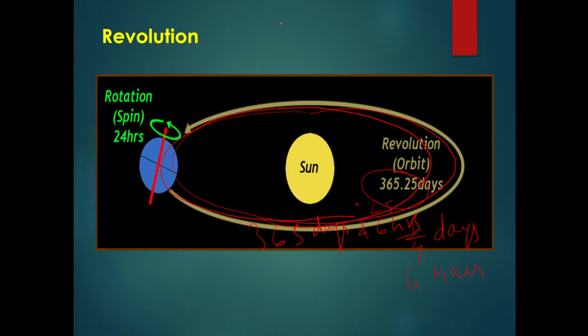This is not a circle. This is an elliptical orbit, not circular. You see here that the sun appears to be at its center, but that is not correct. Sun is not at the center, but at one of its foci. An elliptical orbit has two foci. This is F1 and this is F2. The sun is on one focus, and earth revolves around it in this manner.